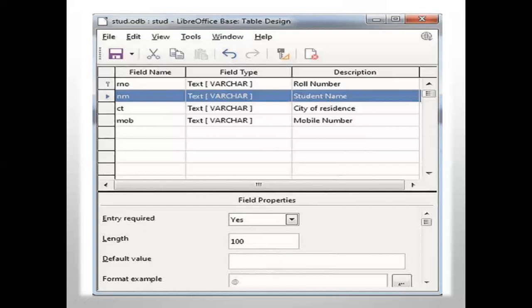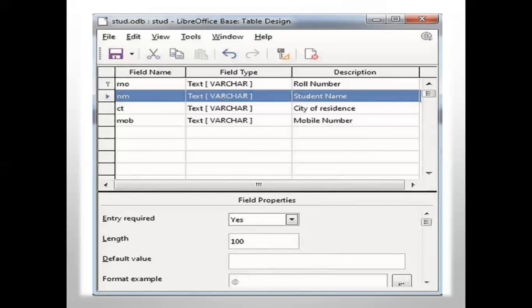So that is called a primary key field. So if you want to define it, you have to define it, otherwise not required. It's optional. So if you want to define a primary key field, define it. But if you want to define it, right click on the small button present on the left side of the field, and then you have to select the primary key option.